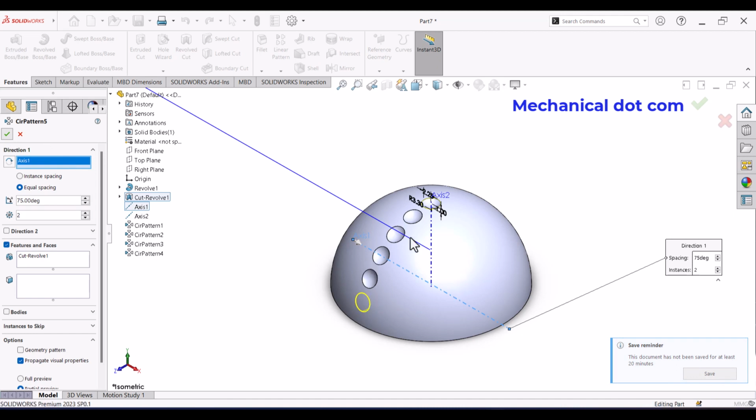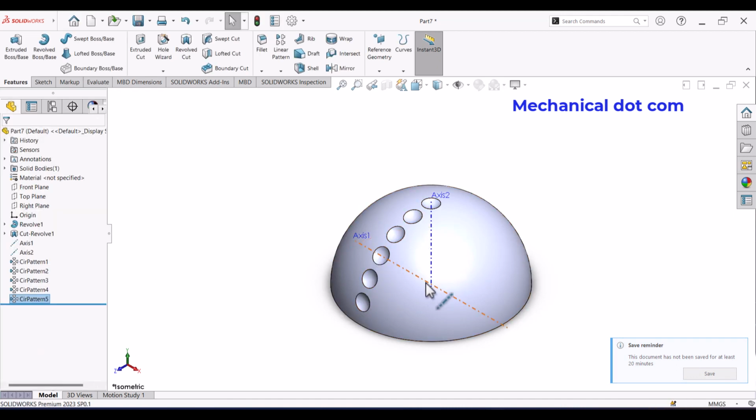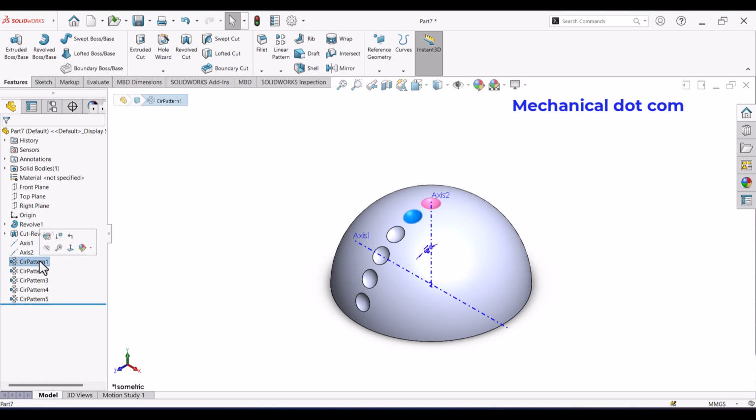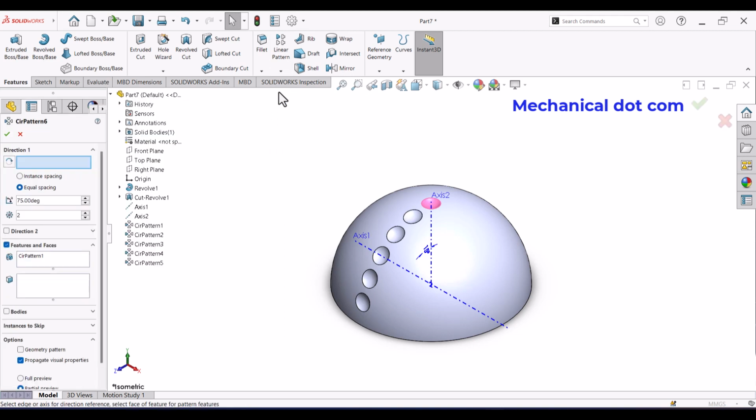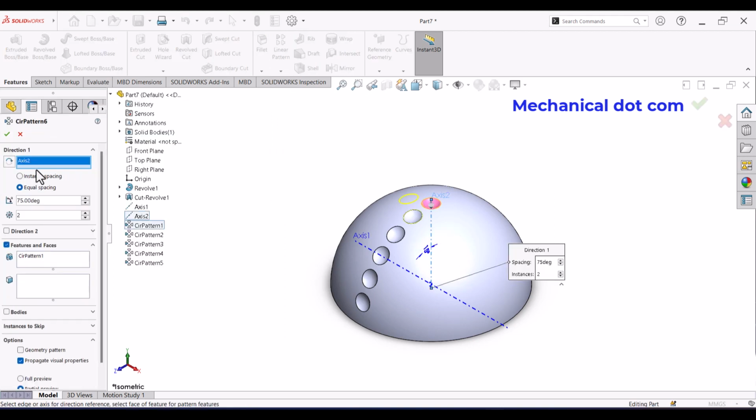Now we have made the patterns by taking the reference axis as horizontal axis. Now we will make the pattern by using the vertical axis. So the same process, choose circular pattern 1. Now circular pattern, we will choose the vertical axis, and the angle is 360 degree.